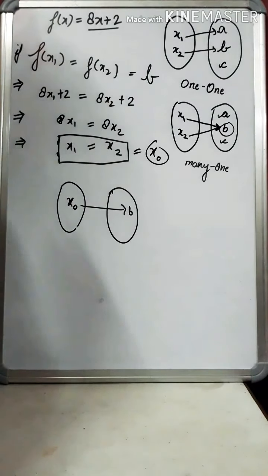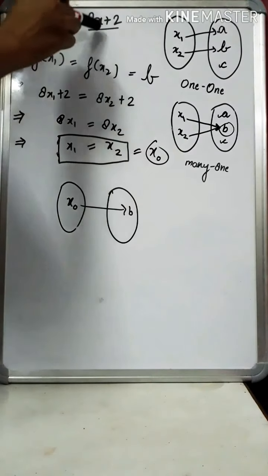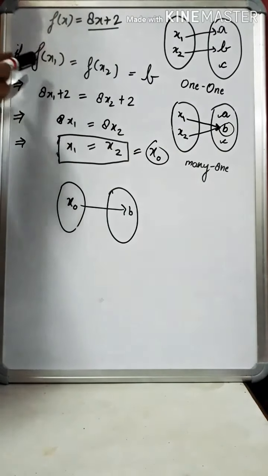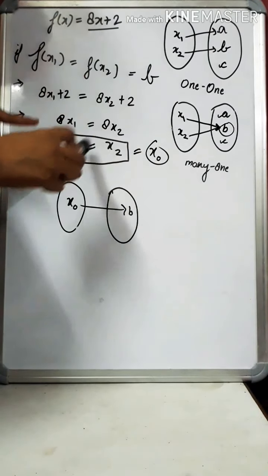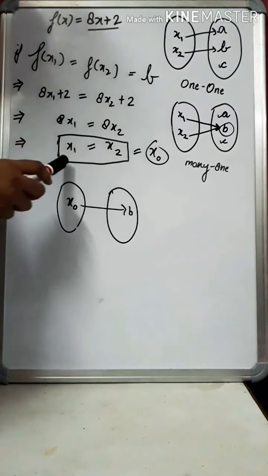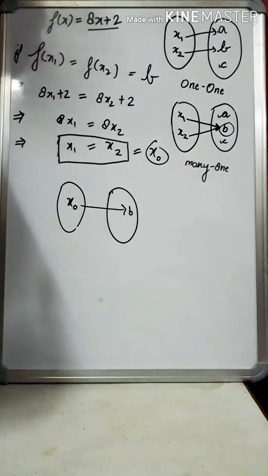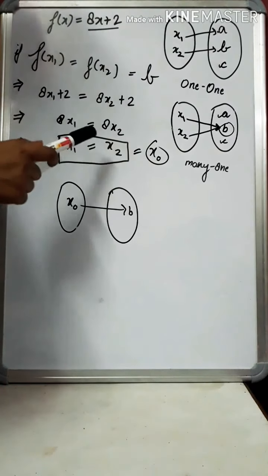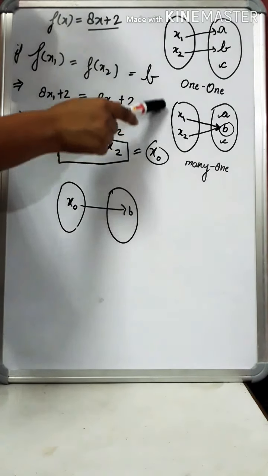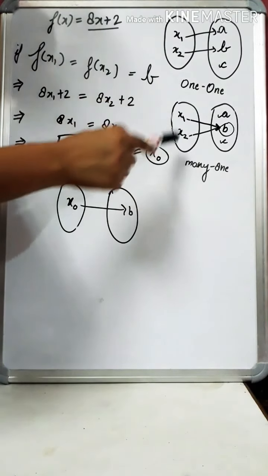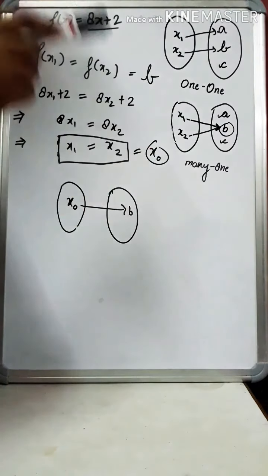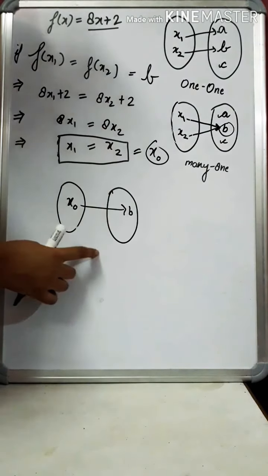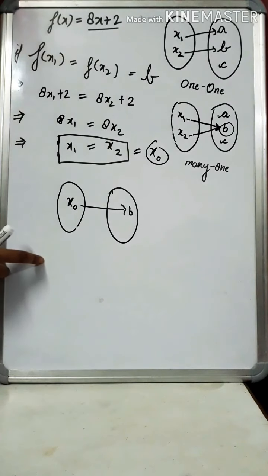So let's take a deep breath and look at it at a glance. We assumed that our function is a many-one function, that means f(x1) is equal to f(x2), and tried to solve it. And what did we get? We get that x1 is equal to x2. But according to our assumption, this should not be equal, because our assumption was that there are two distinct elements, right? So you know our assumption is proved wrong here. So our function is not a many-one function but a 1-1 function. This is how you prove a 1-1 function